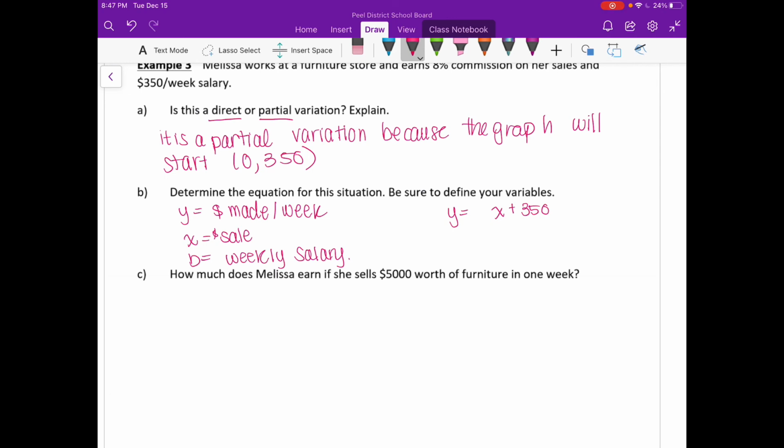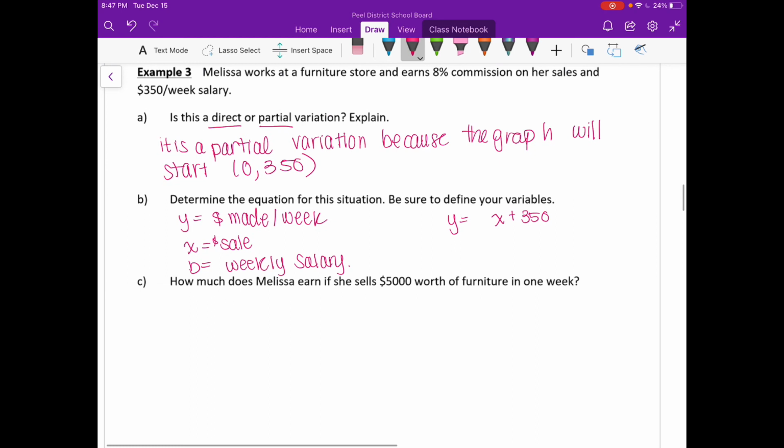How do I know how much it is going to go up by every time she makes a sale? It says she earns some amount of commission on each of her sales. 8%, right? So she earns 8% commission on each of her sales. So we're going to put the 8% in front of the X. It's going to go up by 8% every time she makes a sale. So I have Y equals 0.08X plus 350. That's my equation,